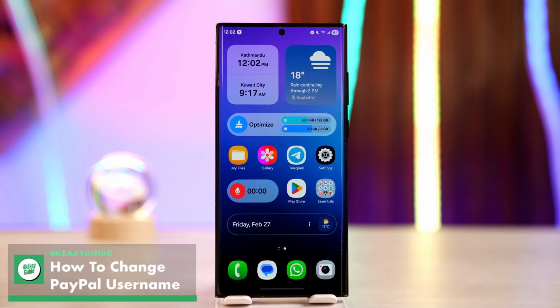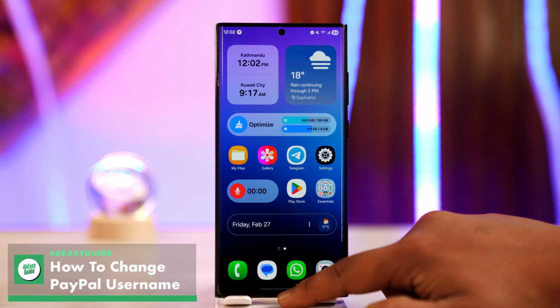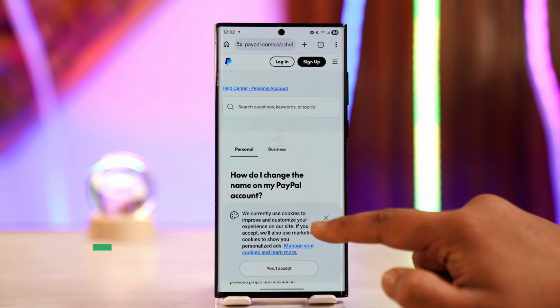How to change PayPal username. Now to change your PayPal username, if I go to the official help section of PayPal that says how do I change my account name,